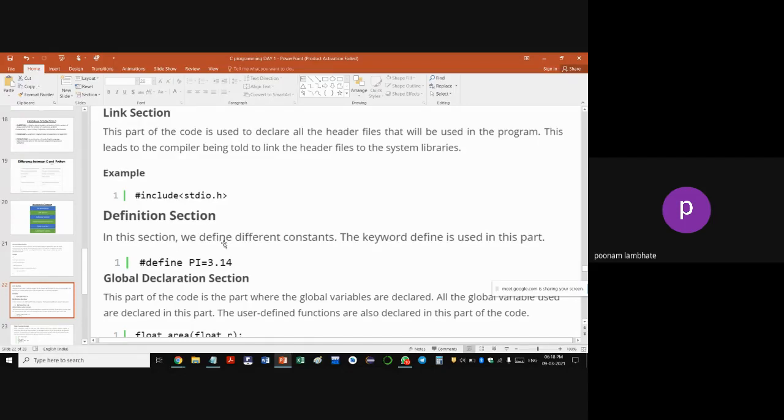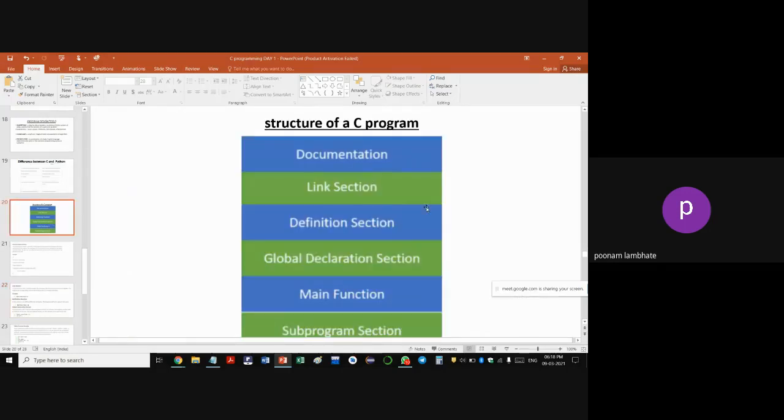In Python, which function do you use to find the power of a number? Do you know it? Okay, no problem. You use pow, that is the function you have to use. Then for square root you can use sqrt, and for absolute value you use abs. There are many such examples. We'll study the math library also in the third unit. So we have seen the documentation and linking sections.